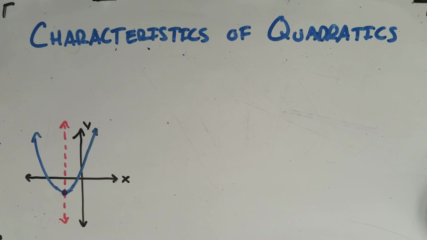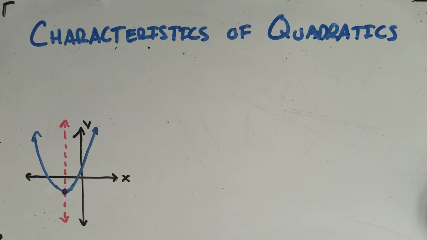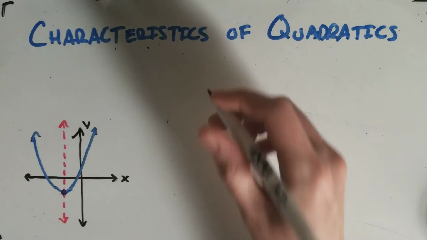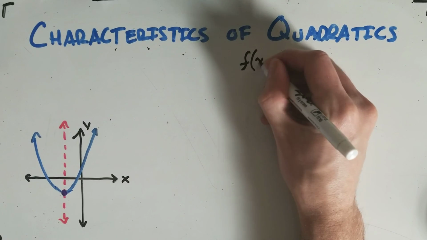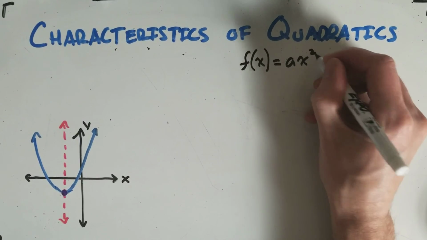Hey guys, today we're going to be talking about quadratics and different characteristics of the graphs of quadratics. And today we're going to focus on how to pull those characteristics out of a graph and out of an equation. So I'm going to start off, given a quadratic in this form, which should be somewhat